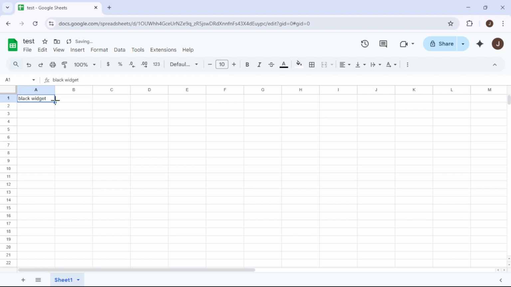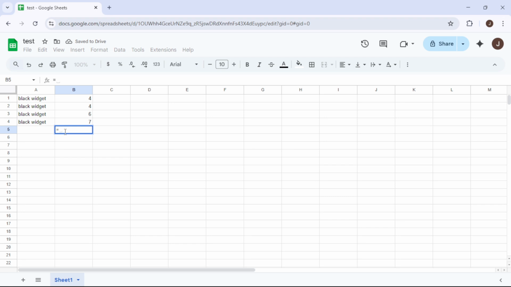Now, let's dive into entering data. Select any box, which in spreadsheet terminology is called a cell, and begin typing the information you want to include. Perhaps it's a list of expenses, contact information, or even daily sales figures. Whatever it is, hit enter to move down to the next row, or press tab to hop to the next column. The flexibility here is quite extensive, and you can enter numbers, text, dates, essentially anything your spreadsheet needs to